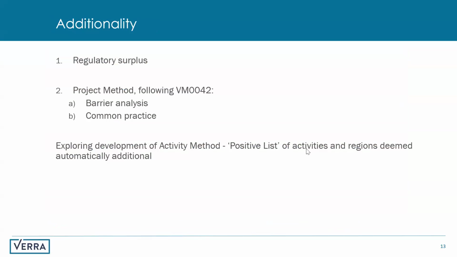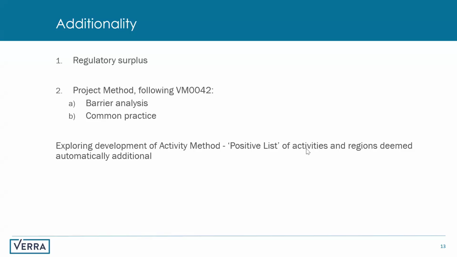Excellent, thank you. So for this methodology, the approach to additionality will essentially be a project method. For those of you familiar with VM42, we'll essentially be bringing over the requirements from VM42. First of all, there'll be a regulatory surplus study. Each project must demonstrate that in their particular region, there are no regulations that mandate the new practices that they're hoping to get credited for. That's pretty standard across the VCM program.